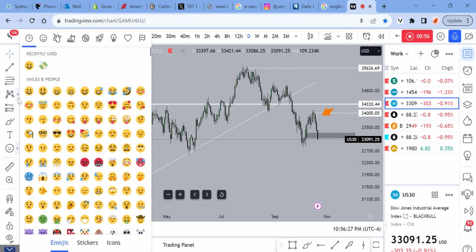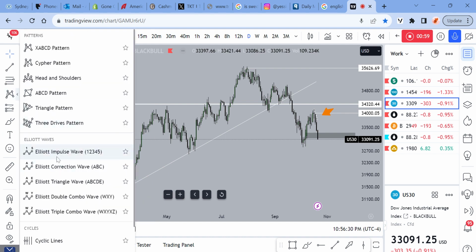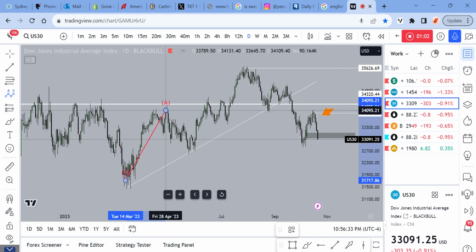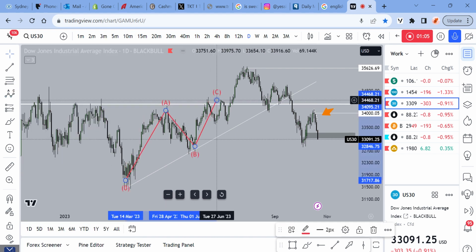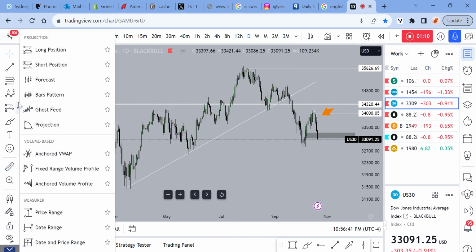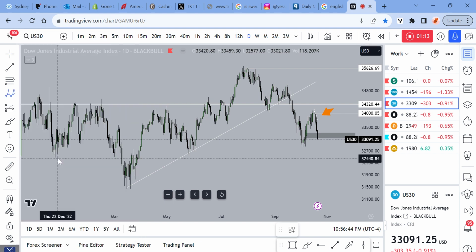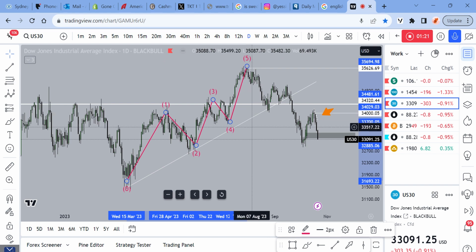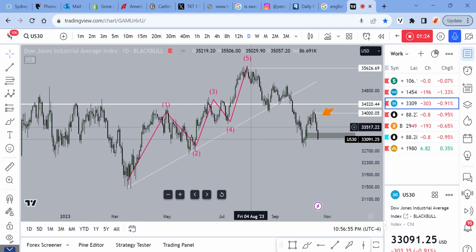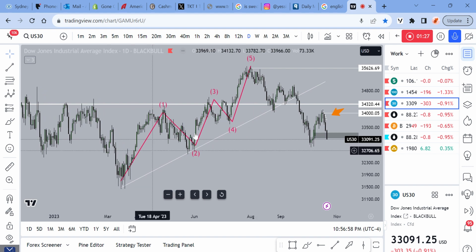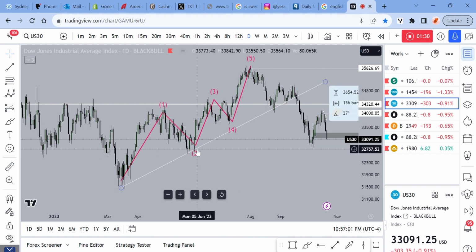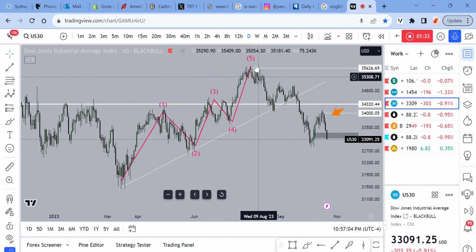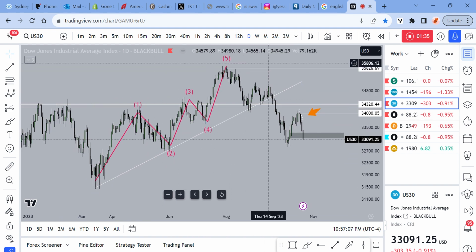We had a three-wave impulse to the upside, Elliott's wave, ABC pattern, whatever you want to call it. So it's a full-on Elliott's wave. It's a three push, right? So you get one, two, three, and that's the completion of the Elliott's wave. So you get four, three impulse waves up. This would be your 618 fib, your 50 fib, and then the extended targets up here, as you guys can see here on the daily.